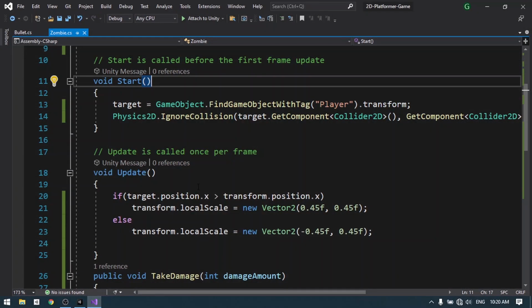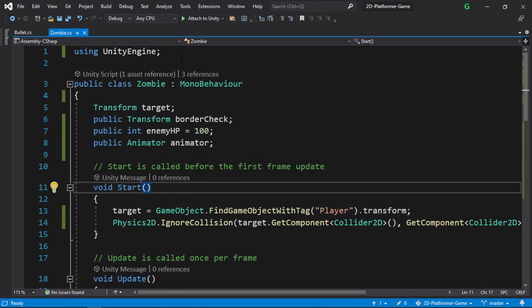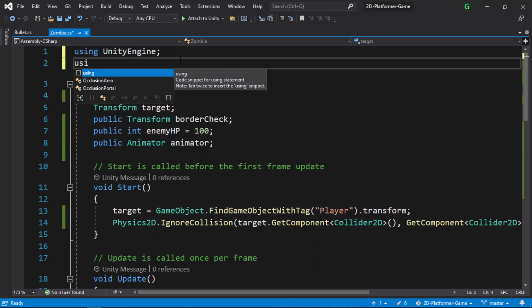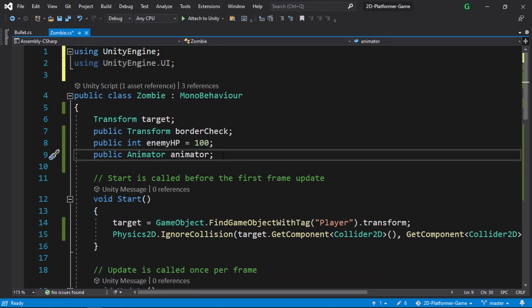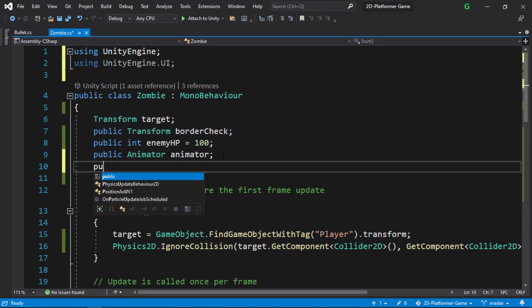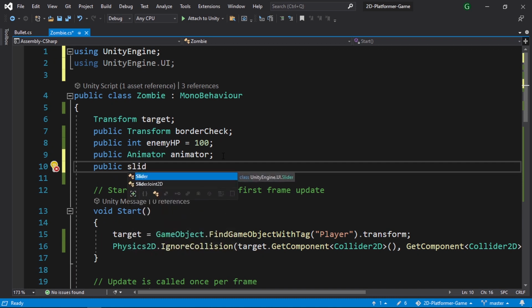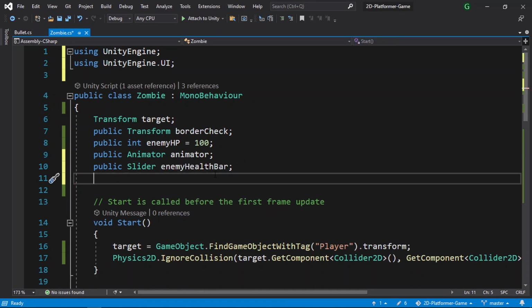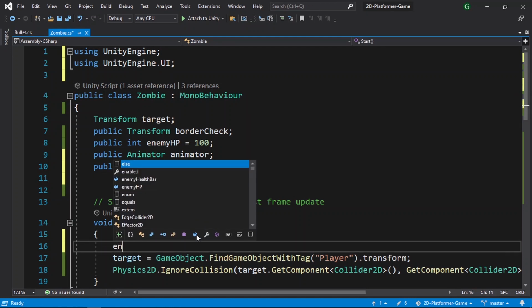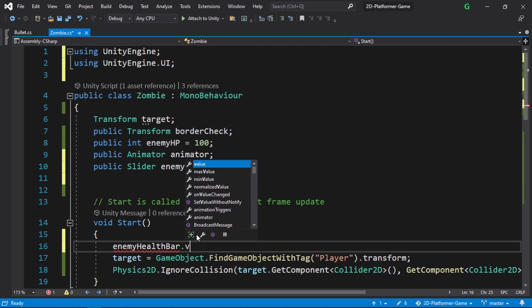Then let's go back to the script, and we need to add a reference to the slider. But first, we need to add the namespace UnityEngine.UI so that we can use a slider variable using public Slider, that's the type, and let's call it enemyHealthBar. We're gonna reference that from the inspector. Then we can update its value under the Start function using enemyHealthBar.value = enemyHP,